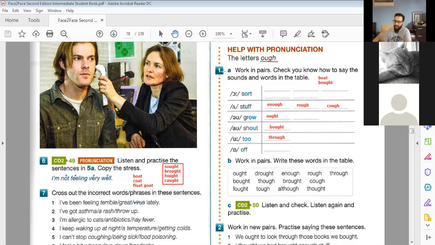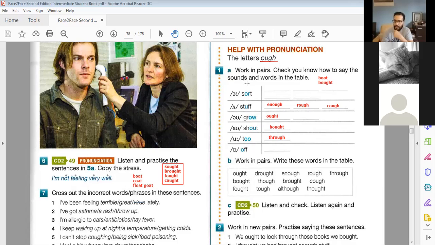Okay, I think you need to work together, both of you. So here, let me explain the exercise. This is a hard exercise, by the way. It's not easy. And we're discussing these problematic combinations, the OUGH, because sometimes it's silent, but sometimes it has the sound of F, like laugh or rough, right? So it's not always the same sound. But what's even worse is the vowel part is also different.